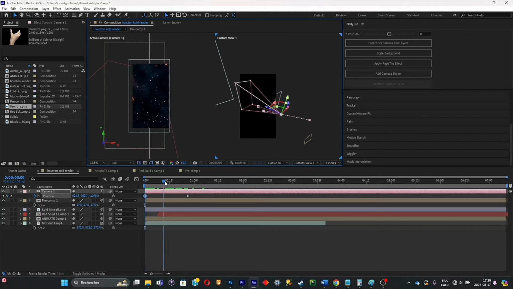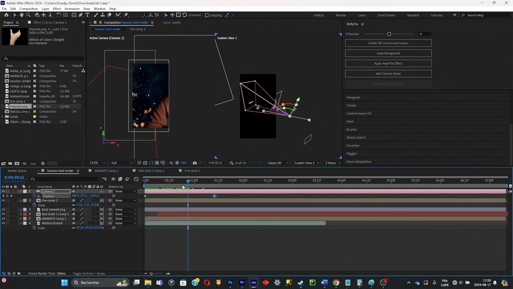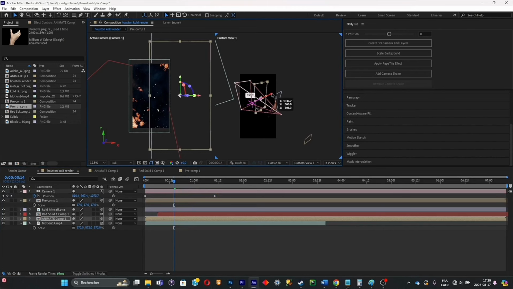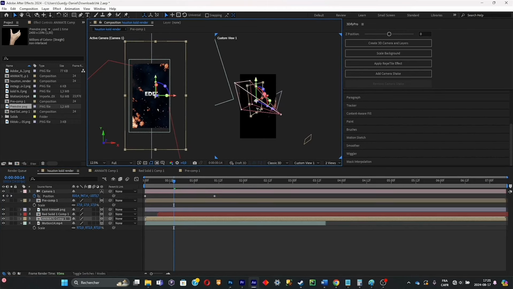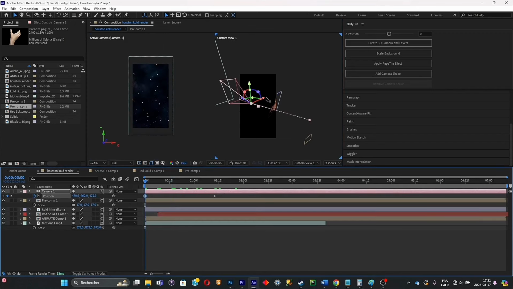So I'm simply going to find a way to make the text visible in the first frame. So I think I will simply select my text and move it a little bit to the right. So I'm simply going to take this text right there. I'm going to move it like that. And I'll do the same for the other text. So I'll simply select it. Okay. And then I'm simply going to move it. As simple as that. Now if we play it back,